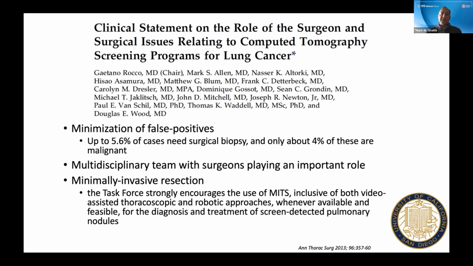Up to 5.6% of cases need surgical biopsy, and only about 4% of these are malignant. As I mentioned before, we're used to this sort of nodule management and may be able to improve the number of patients that actually get resected. A multidisciplinary team with surgeons playing an important role was a recommendation, but especially minimally invasive resection using video-assisted thoracoscopic or robotic approaches for diagnosis and treatment to minimize treatment-related morbidity and